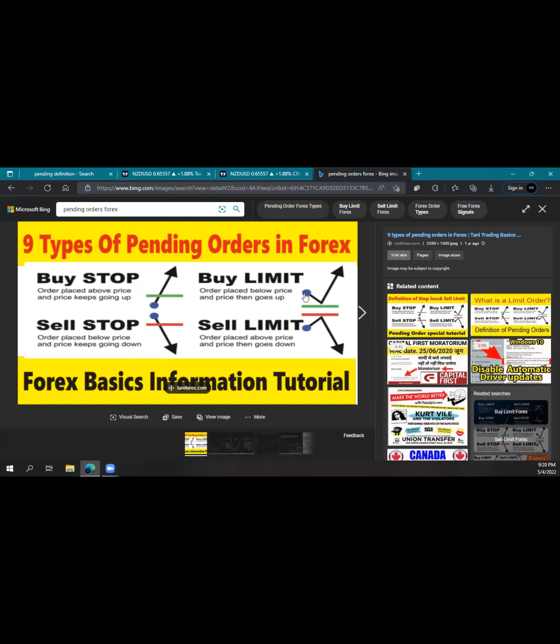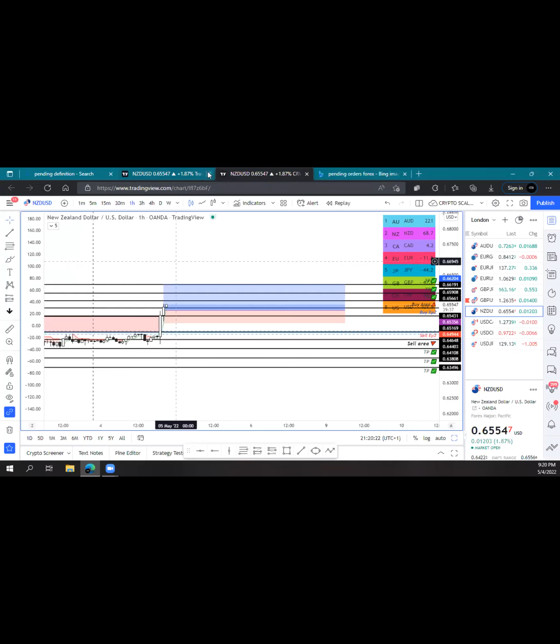Now, this blue dot here, we are assuming to be the current market price. This blue dot is an order placed below the market price. You can see the order right here. And then the price goes up. So what does that mean? For the order to be